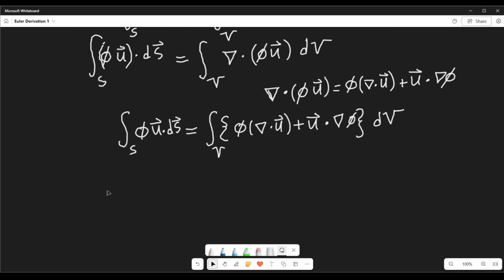Writing this out fully as a volume integral, the time derivative of the volume